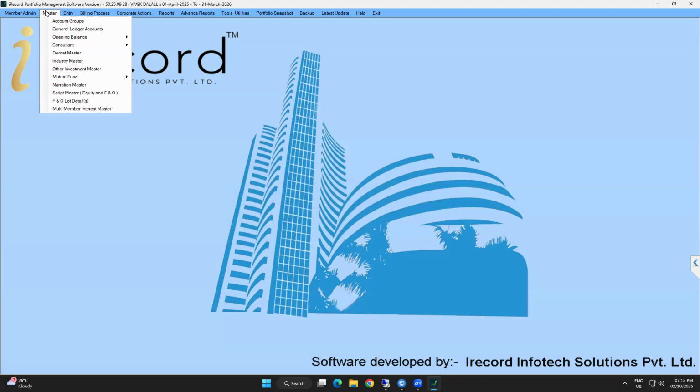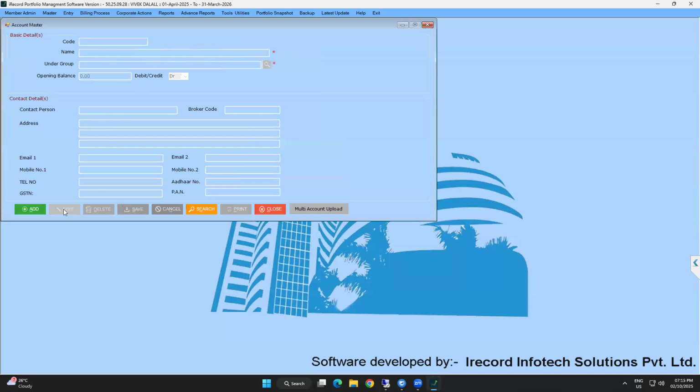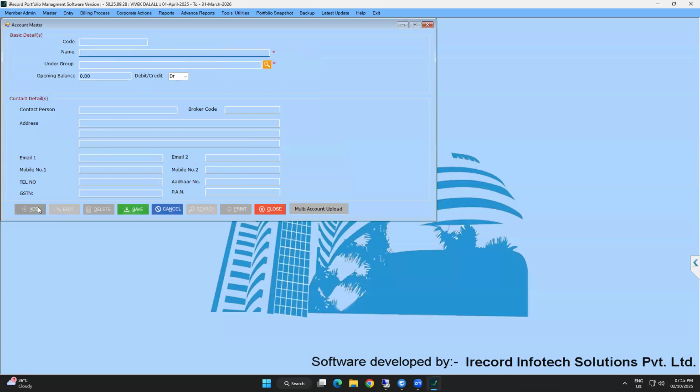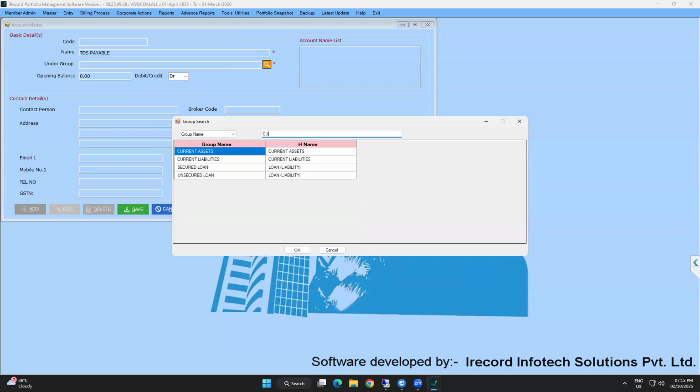Also, for someone who is very new and has never maintained any sort of accounting software prior to this, you would have to create each and every ledger as and when you import your bank, or if you have a very predefined existing list of accounts that you want to work in, you can come onto this section called General Ledger Accounts and manually create all the ledgers. So, for example, if I have a TDS payable account, I'll simply create and mention TDS payable and map it under current asset,